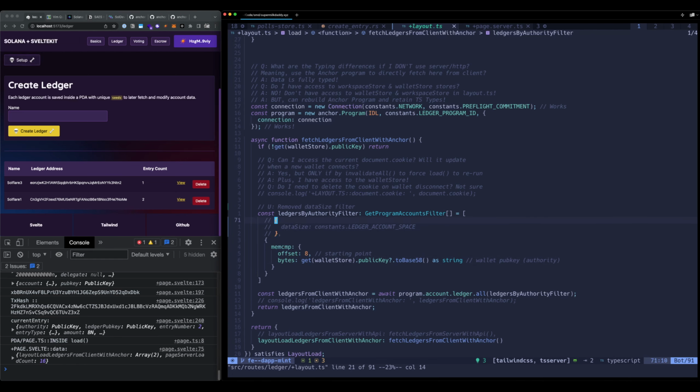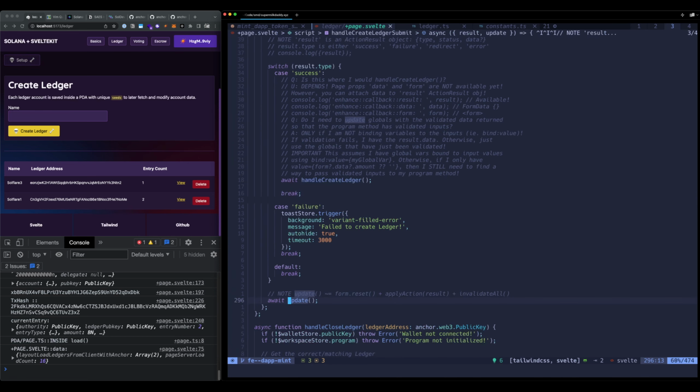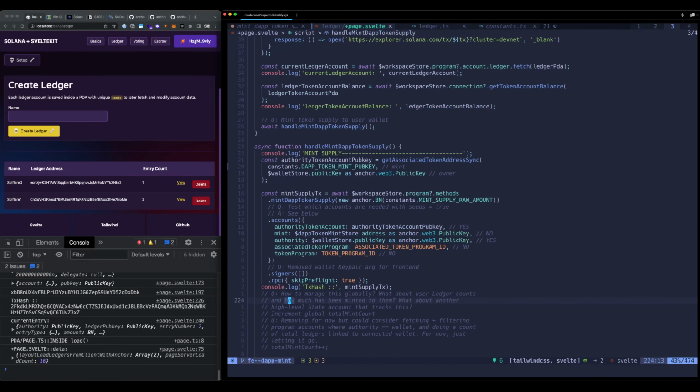This was kind of a key thing. I think previously I didn't know if the dataSize filter was needed when you're using Anchor and you have the Anchor program, because it can reference the IDL. So now I know. Another thing that I did notice was, here's the update, which runs all that stuff for us and re-triggers the load. But what I also realized is